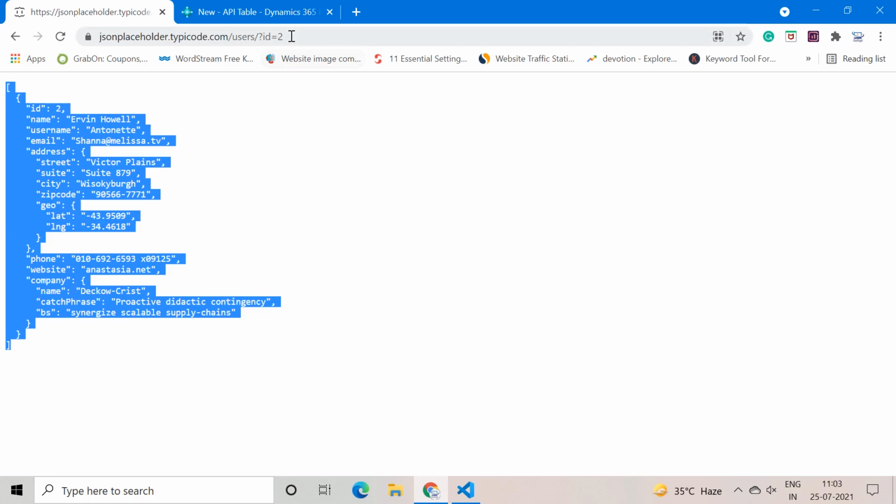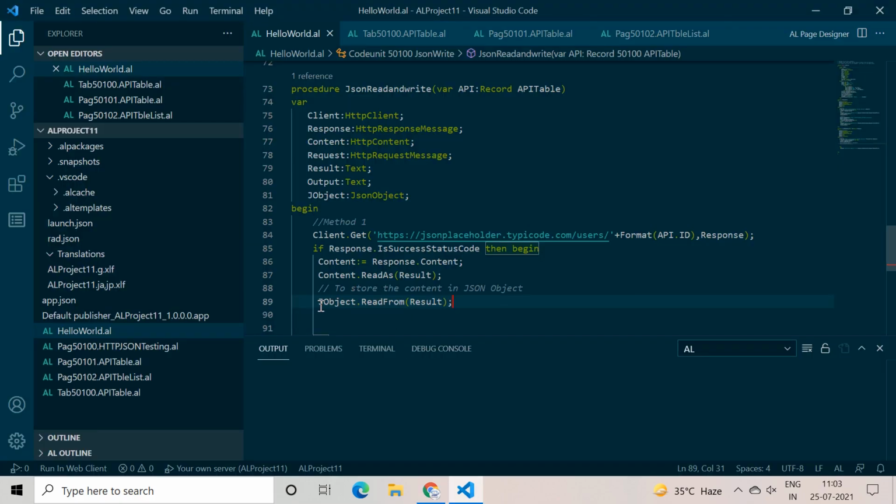So let's say the user puts 2 in the ID field, and when this get function is called along with this complete URL, you will get this kind of result. Because of this line of code, the system will store all this content in the JSON object.